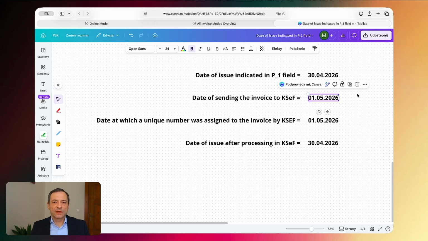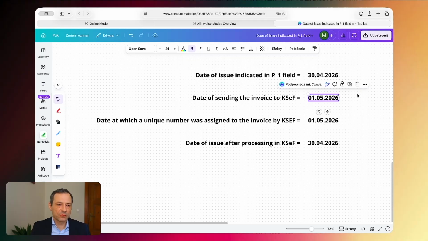However, from the Polish Ministry of Finance's point of view, in such case, the invoice would be sent too late to the Polish National Electronic Invoicing System. Because it is also, of course, assumed that the Polish National Electronic Invoicing System is available, that the online mode is working, the offline 24 mode is also working, and therefore, from the Polish Ministry of Finance's point of view, this invoice was sent too late to the Polish National Electronic Invoicing System,